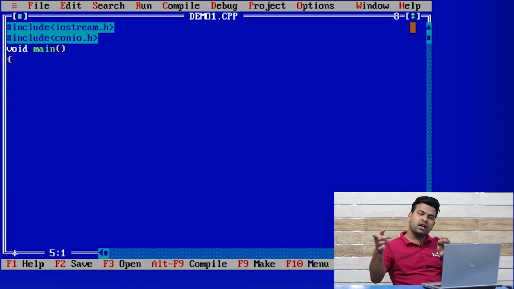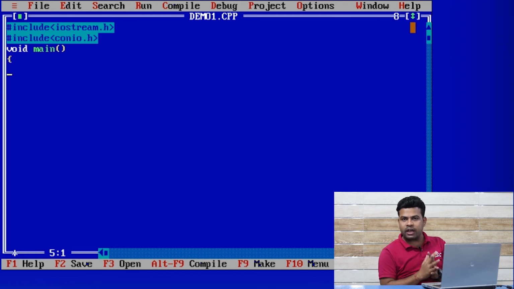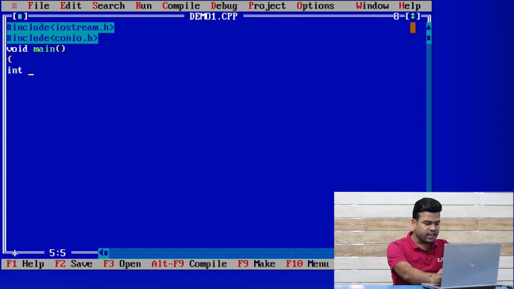You have to create another variable also. Here you have to declare three variables: two variables for inputting two numbers and a third variable to store the sum of the values. So now I am declaring three variables, that is a, b, and also sum. Sum is just the name of a variable, you can write any name, that depends on you.